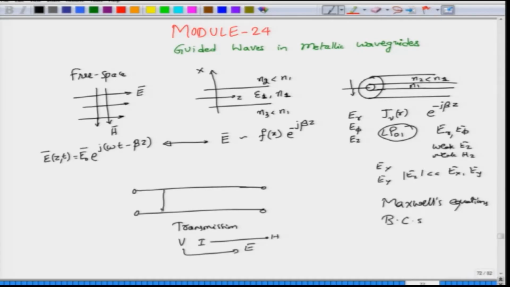So, your electric field lines will be directed from top to bottom, and the magnetic field lines will be curling around the top structure. It would be curling around in this manner, it would be curling here, and it would be curling in the opposite direction, and you can actually show that you can have a one-to-one relationship between free space and the transmission line structures. In fact, we will look at the electromagnetic analysis of transmission lines as a special lecture at the end of the module, where we will also look at the equivalence of describing transmission lines in terms of voltages and currents, or in terms of electric and magnetic fields.